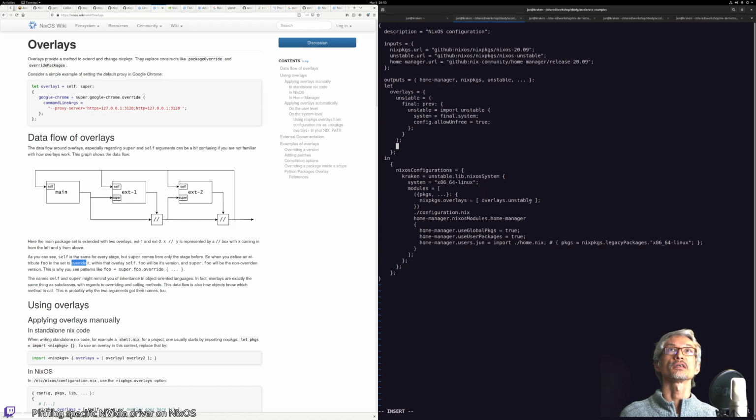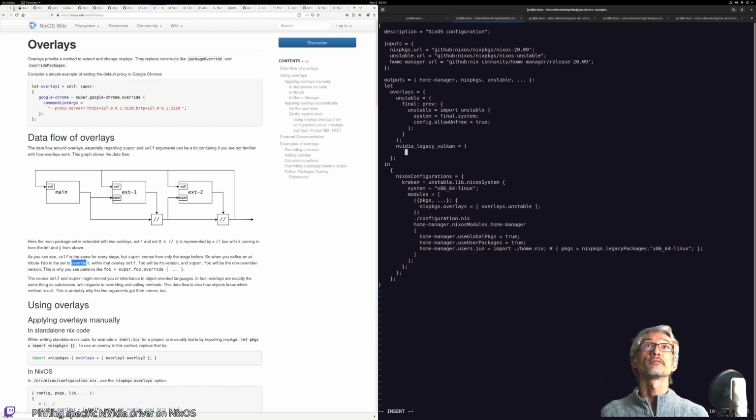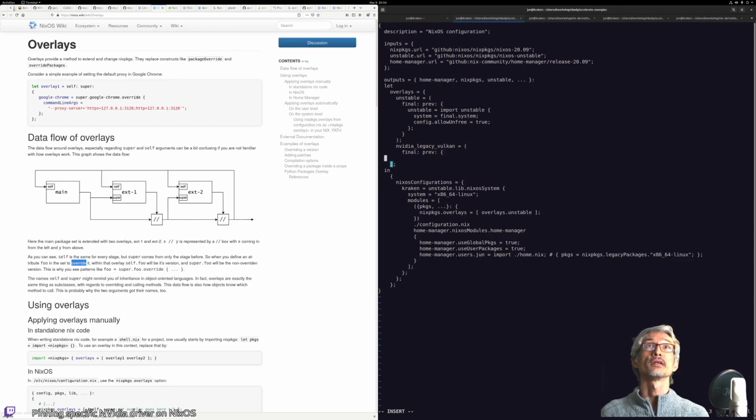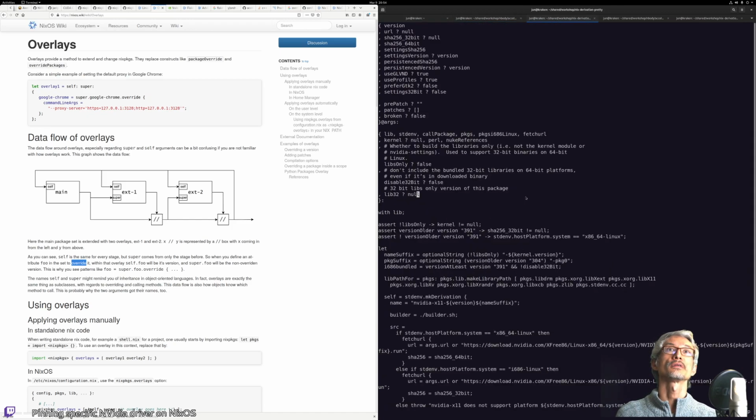So here I have overlays that are unstable, so I could add a NVidia legacy Vulkan overlay, which would be a function taking final and prev and returning an attribute set that would contain, so that's the difficult part. I think it would contain